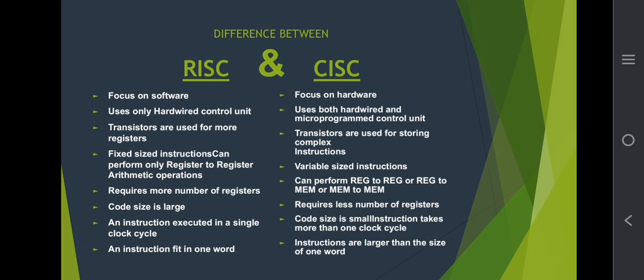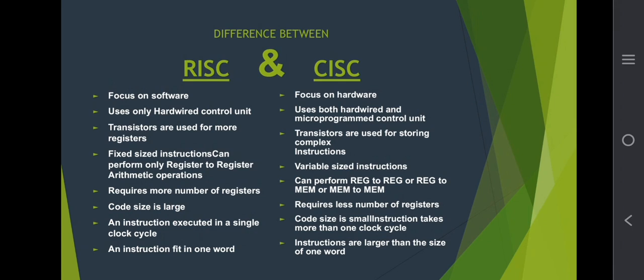Second, RISC uses only hardwired control unit, whereas CISC uses microprogrammed control unit as well. Third, in RISC, transistors are used for more registers, whereas in CISC,